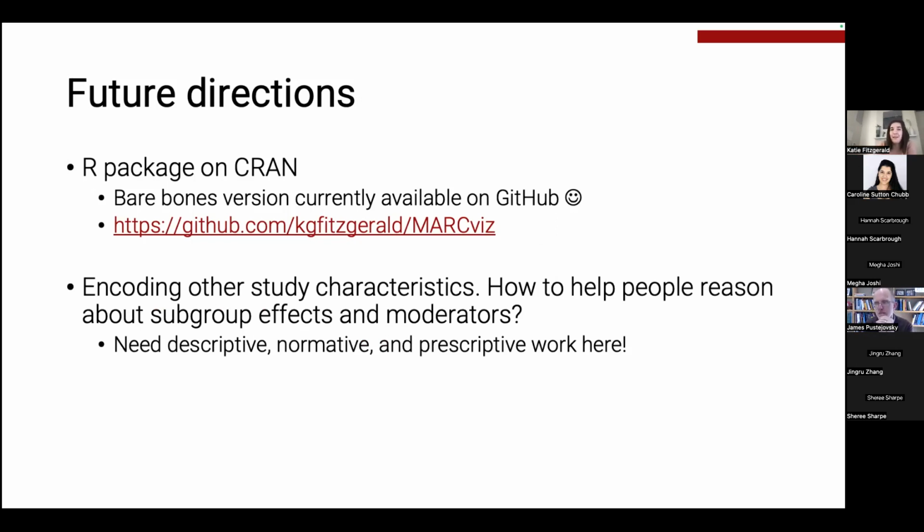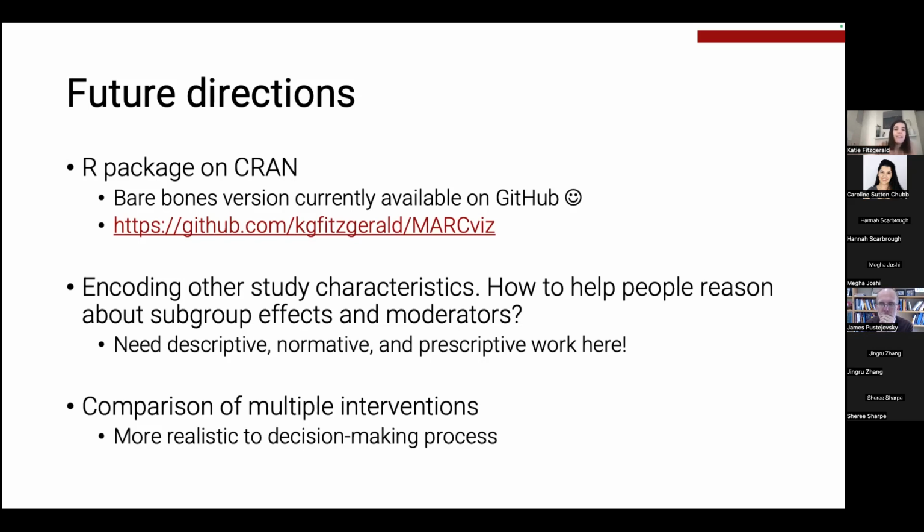I don't think the statistical methods fully exist yet for what is the appropriate way to incorporate contextual information, external validity information in the meta-analysis context. Should we be weighting studies differently somehow to incorporate which studies are most like mine? I think there's actually some interesting statistical work to be done there, but then of course prescriptive work as well. So what are effective ways of visualizing this type of information that helps people reason about subgroup effects and